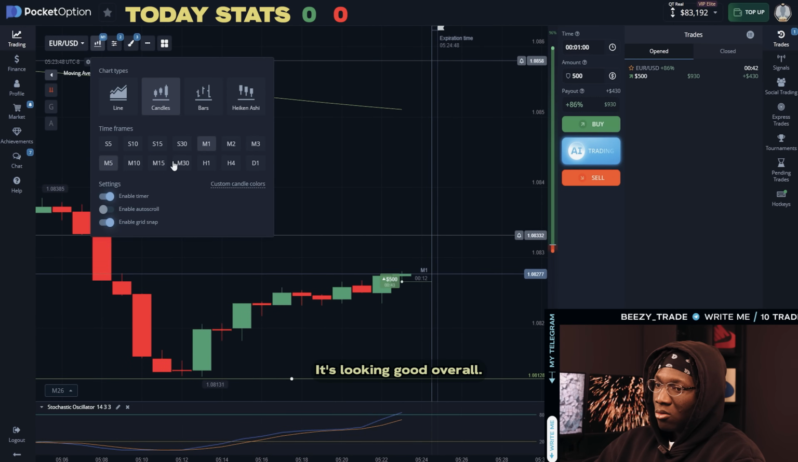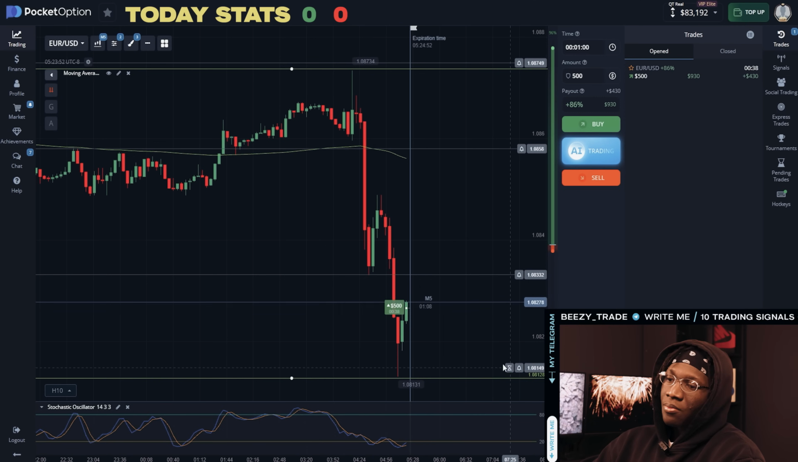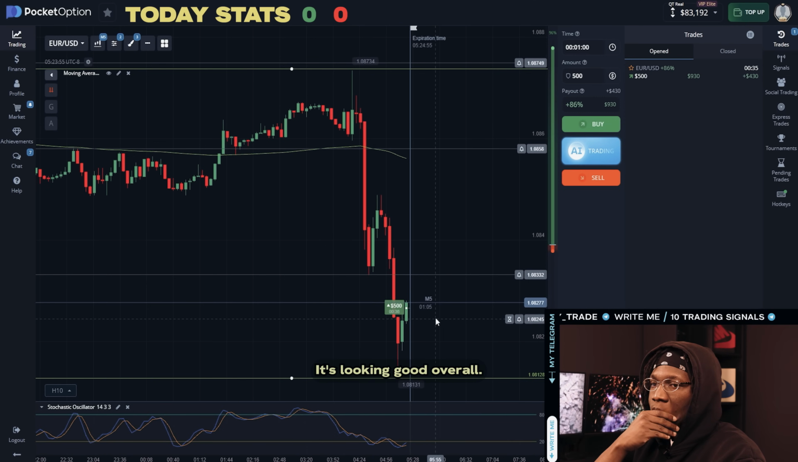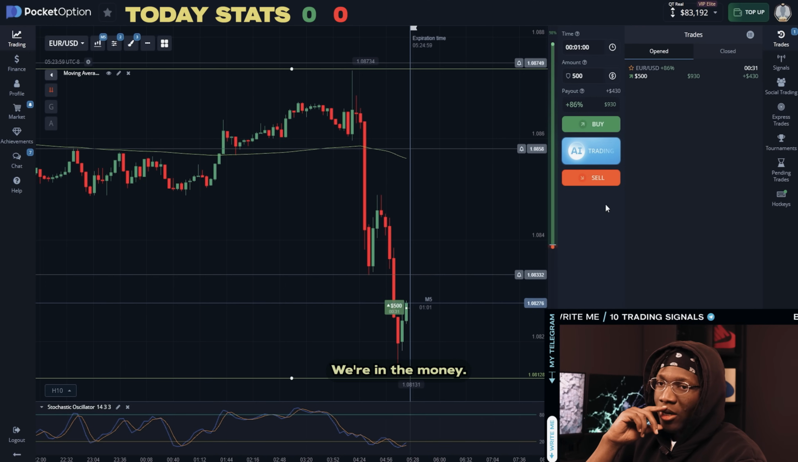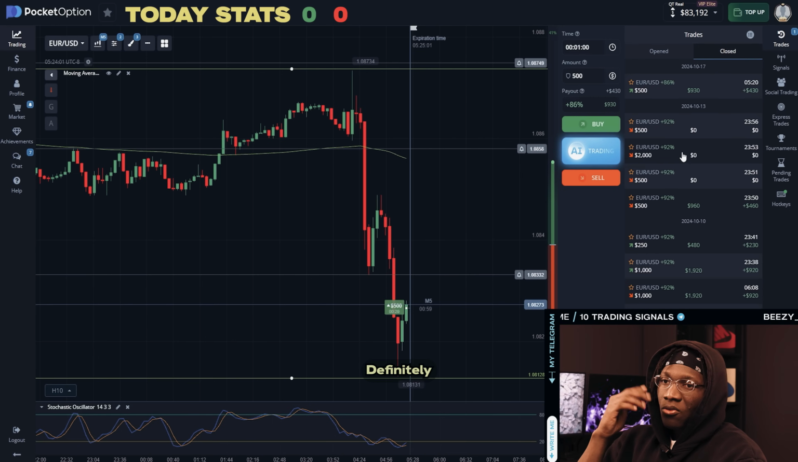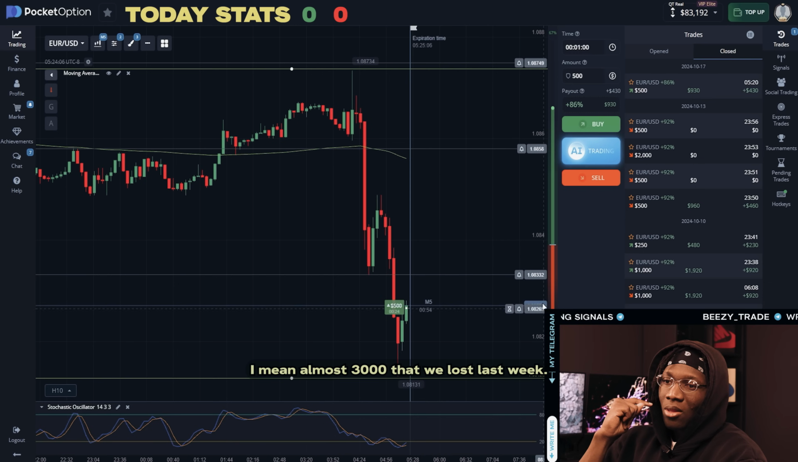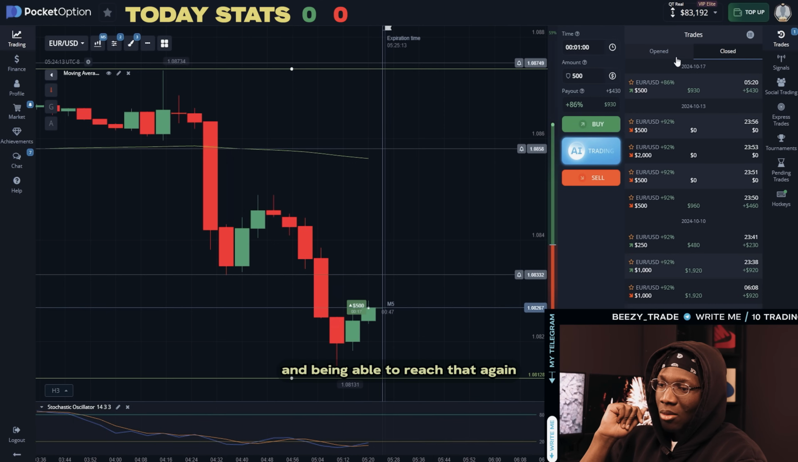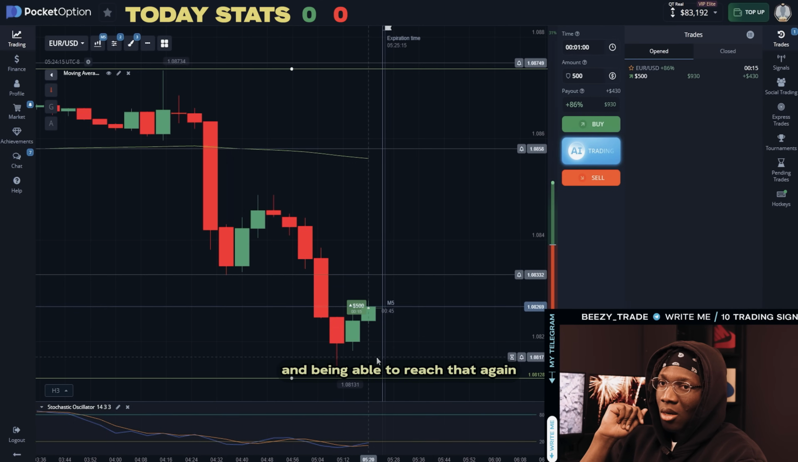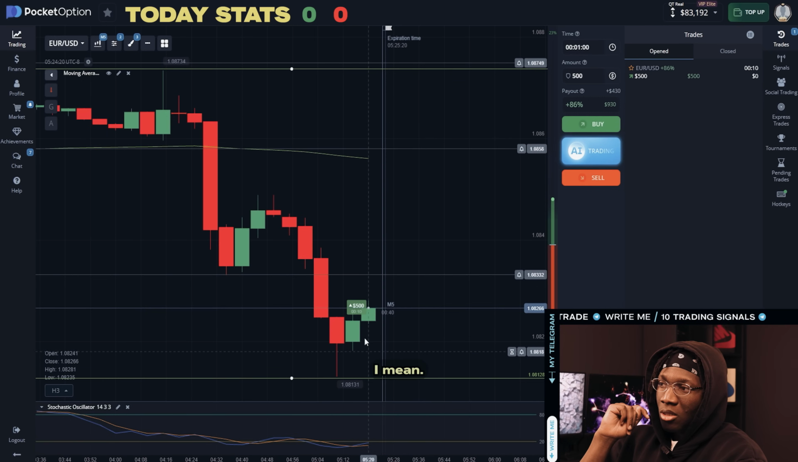It's looking good overall. A couple of points above entry point. We're in the money. Definitely not close to the 2 bands that we lost. I mean, almost 3,000 that we lost last week. But coming in here and going 430 profit on our first trade and being able to reach that again for another 430 right now. I mean,